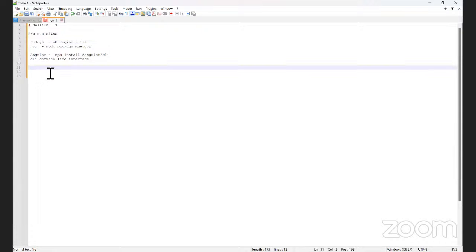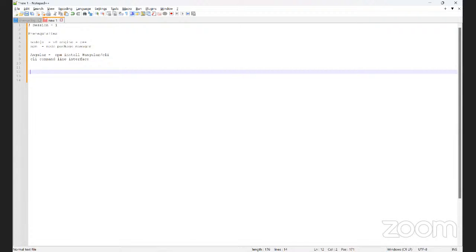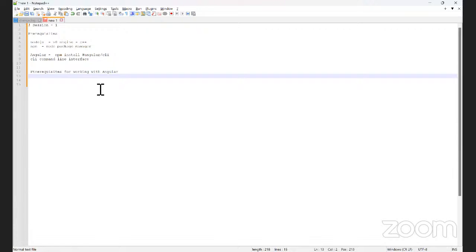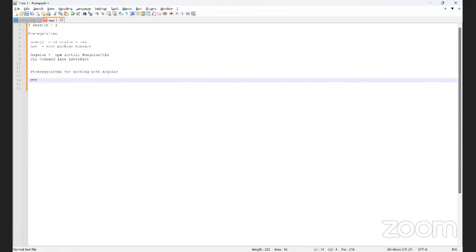So once these are done, what skills must we have to work with Angular? So prerequisites for working with Angular application. What all we need is, one is HTML. HTML is nothing but hypertext markup language. So what is the use of hypertext markup language? So hypertext markup language, HTML, will